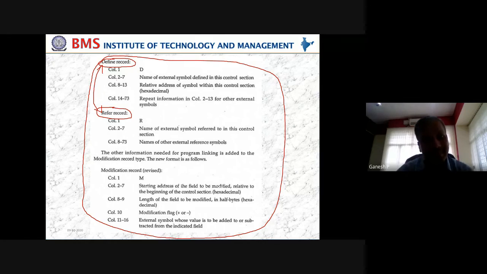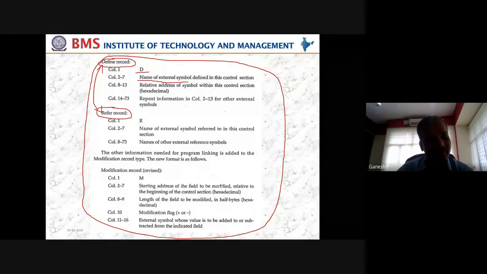So what is EXT-DEF? Those definitions, please recall again, those labels or symbols which I have defined and used in my current control section. They are called the external definitions. So column 1 is D, columns 2 to 7, the name of those labels which I have defined.